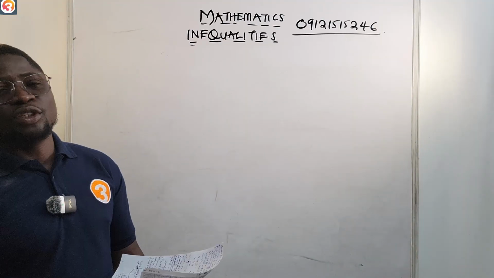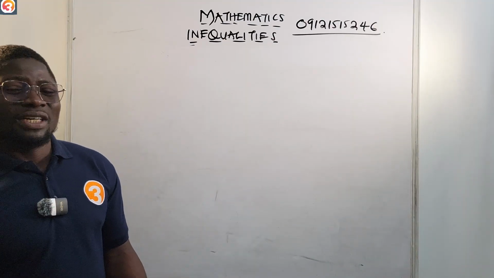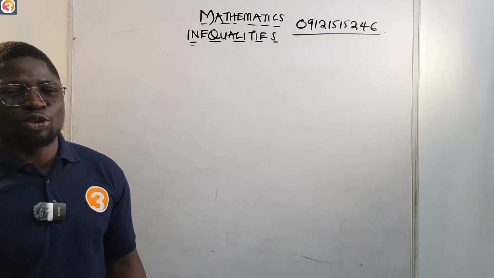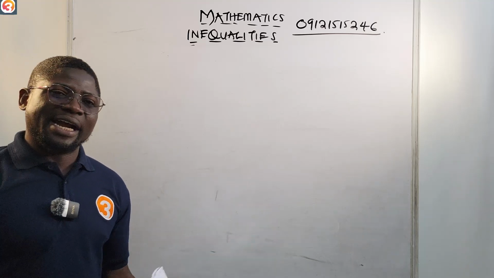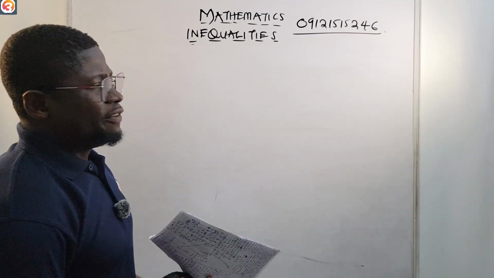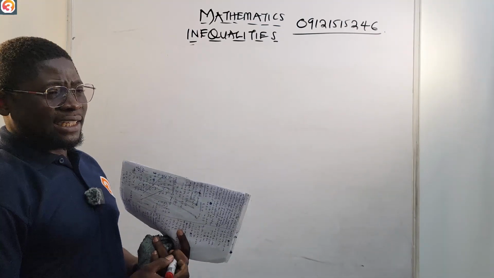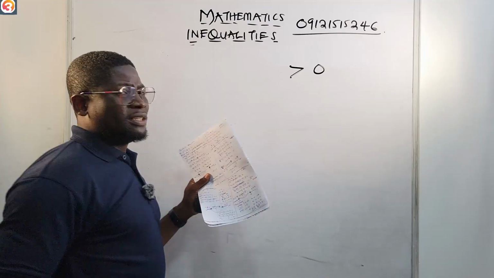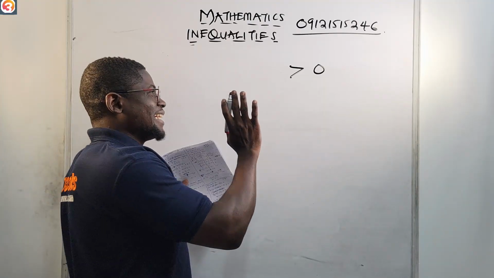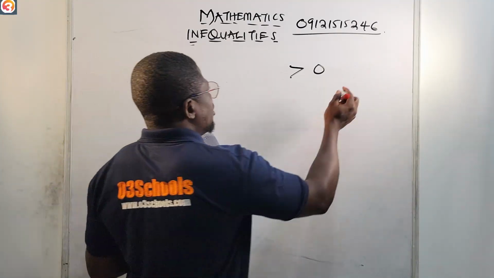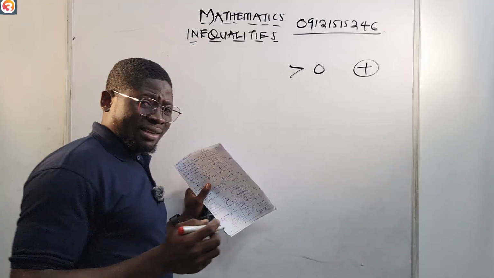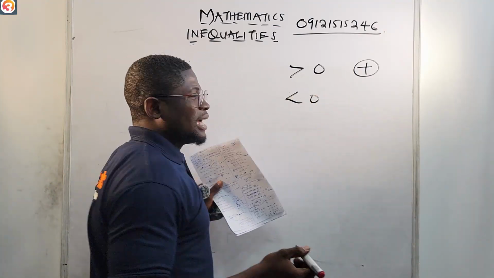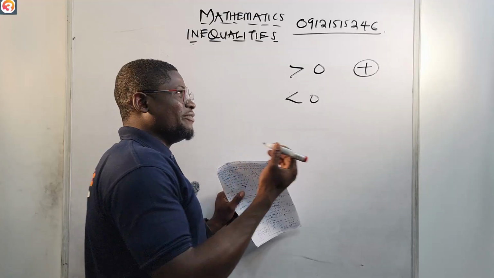And then what we now have is two values, which are called the critical values or the critical points. Then we test those values to see if we are right or wrong. Usually, if an inequality is greater than 0, what does it mean? It means the values that satisfy this inequality are positive values. If the inequality is less than 0, the values that will satisfy it are values that are